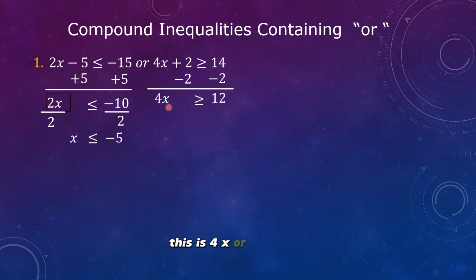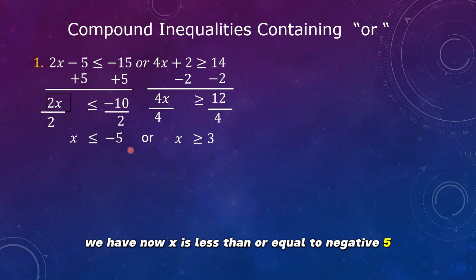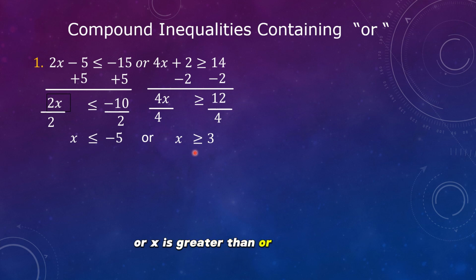This is 4x, or 4 times x. The inverse operation of multiplication is division, so we are going to divide both sides of the inequality by 4. 4x divided by 4 is x. 12 divided by 4 is 3. So we have now, or, x is greater than or equal to 3. We have now x is less than or equal to negative 5, or x is greater than or equal to